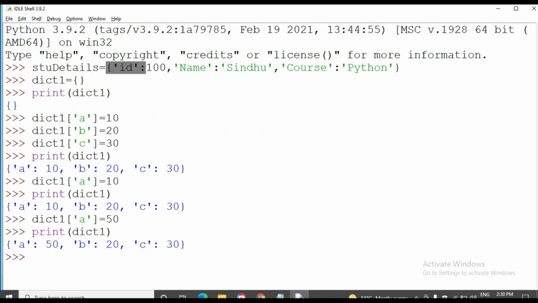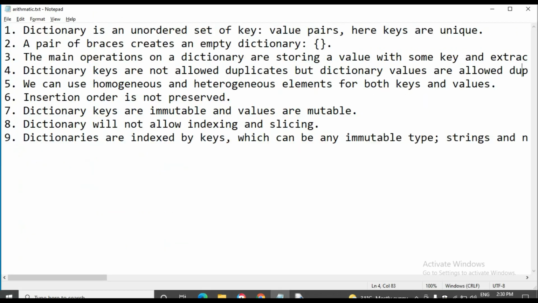And insertion order is not preserved. That means the dictionary does not contain index number values. For the list, string and tuple we have index numbers for indexing and slicing, but here we don't have index numbers, so the insertion order is not preserved.